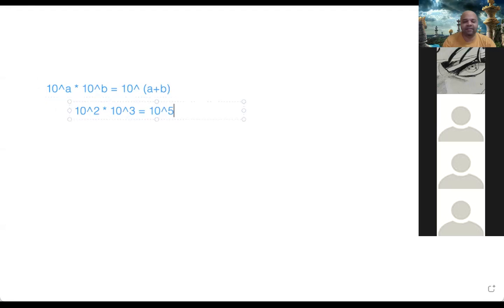In general, it doesn't matter what a and b are. Anytime you multiply 10 raised to a into 10 raised to b, you get 10 raised to a plus b, right? And why? We had seen how you multiply it x times, and that's what becomes addition, right? I hope this is very clear, this is what we had seen last time.